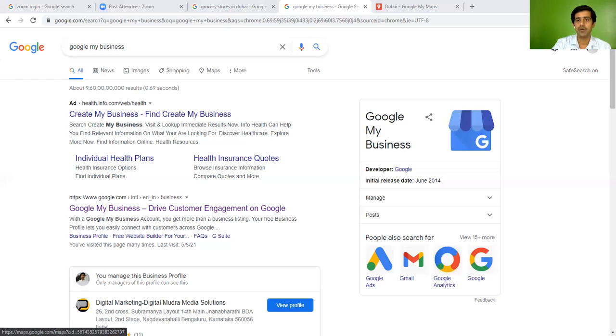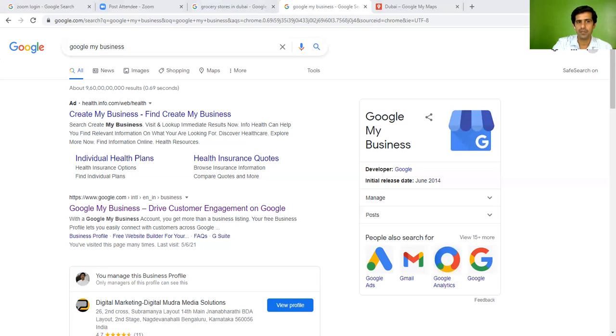Next, how it will appear on the maps. Let's look into how it will appear on the map. So our store appears like this. I have given the name as organic food, but we can give a different name. It also shows directions, and we can see nearby places. If you want to share through WhatsApp and other media, you can do that. We can also add the phone number and photos for this.